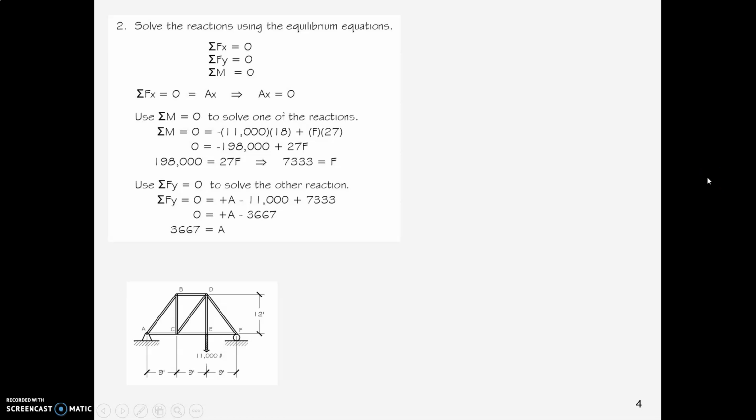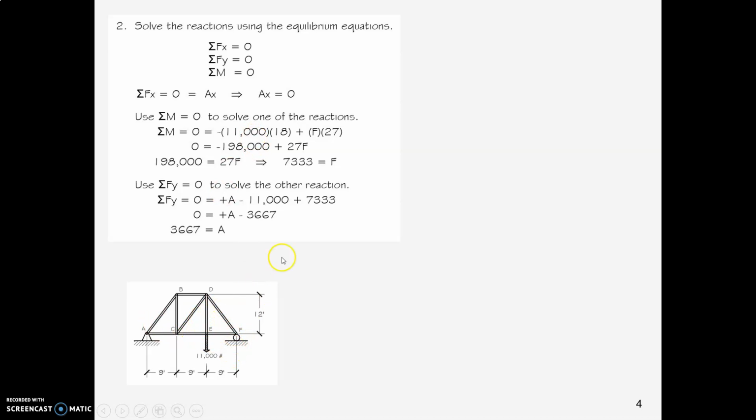So from now on, we can ignore the X reaction at A. Now, I'll rummage around in my toolbox, I'll get my equilibrium equation, and I will use sum of all moments equals 0 to find the reaction at F. And so here I worked through it,